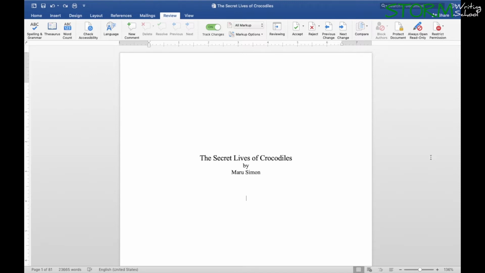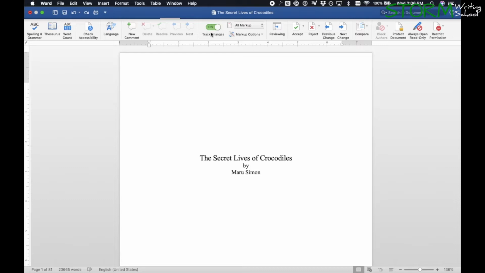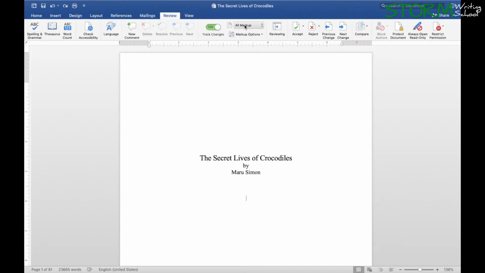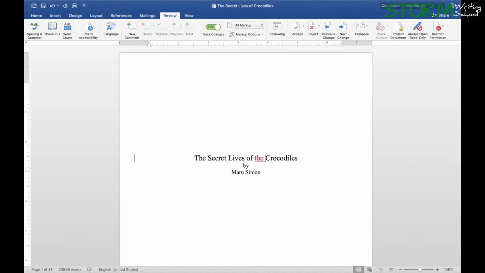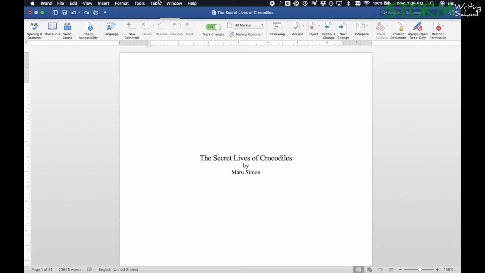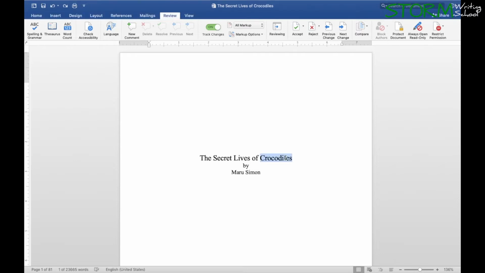So let's say you're editing a manuscript. As you can see, I've turned on track changes here. I always like to look at all markups so I know what I've done in terms of editing and writing. If I delete something, that will be noted. If I make an addition, that comes in a different color, etc. So that much I'm sure you know already. But let's say I want to create a shortcut for something, or look up a shortcut for something I don't already know. And one thing I like to do a lot of is make a comment.